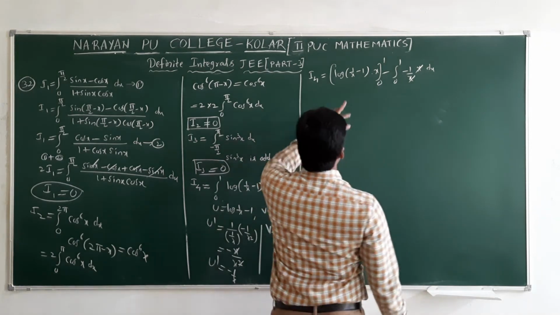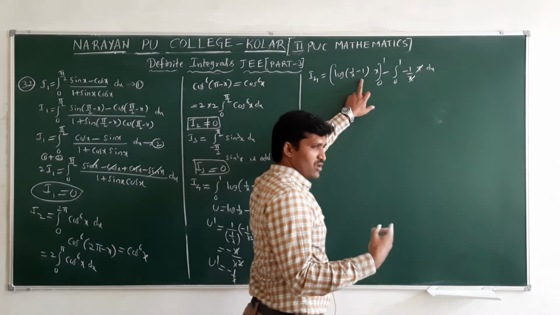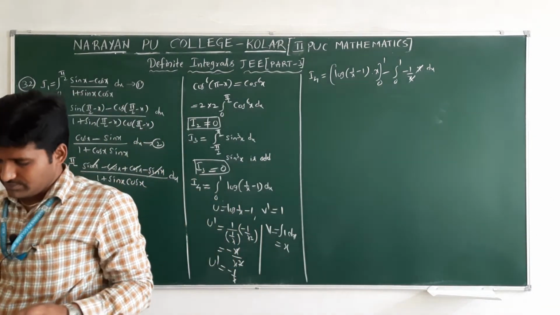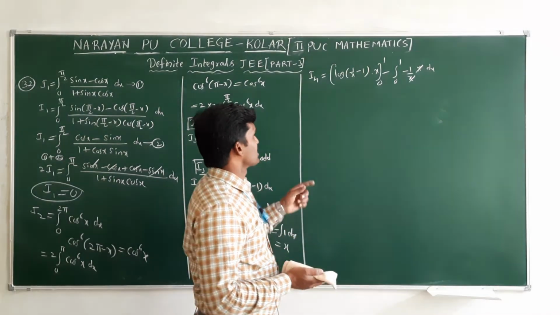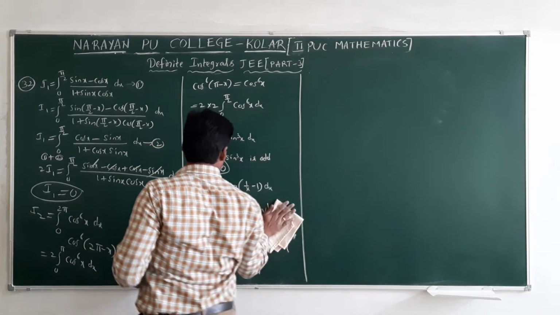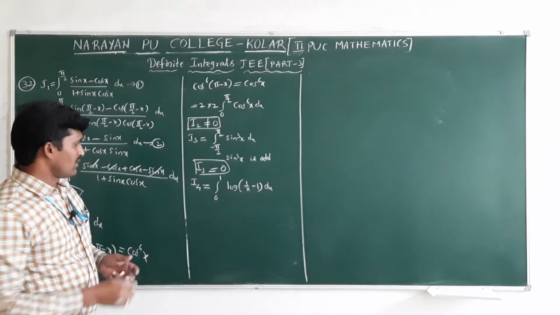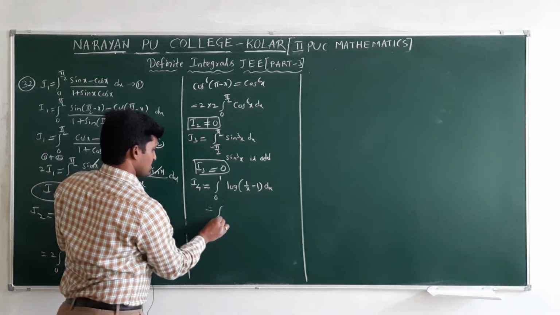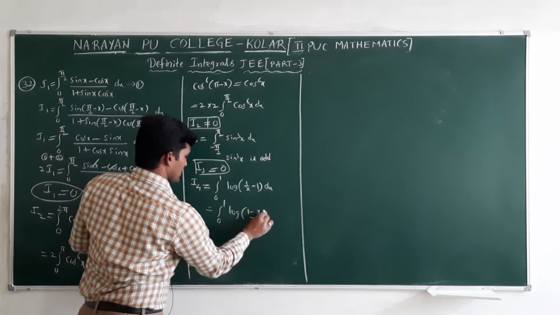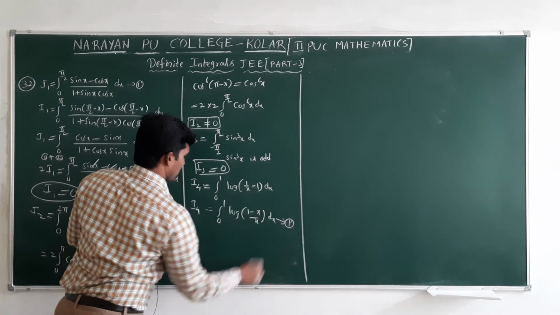Here, if we substitute 1 in the first term, 1/1 − 1 is 0, and log 0 is clearly not defined. According to this, we are getting infinity, but infinity should not come here. So we will use the property only. If we simplify this, from 0 to 1, you can take log of (1 − x)/x dx. It's considered as equation number 1.